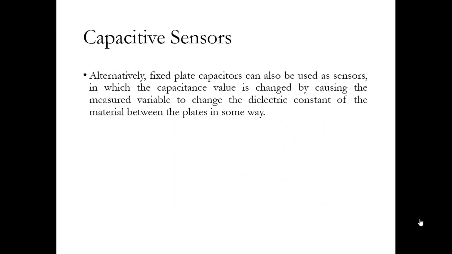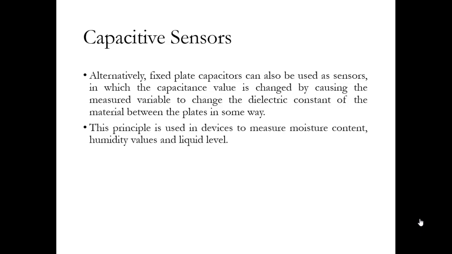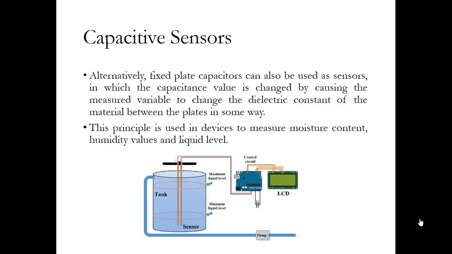Similarly, fixed plate capacitors can also be used as sensors, in which the capacitance value is changed by causing the measurable variable to change the dielectric constant of the material between the plates. So this can be used to monitor the liquid level and other parameters. For example, if you see this sensor that is placed inside the liquid tank or the water tank, you have a minimum liquid level and a maximum liquid level that is given here,